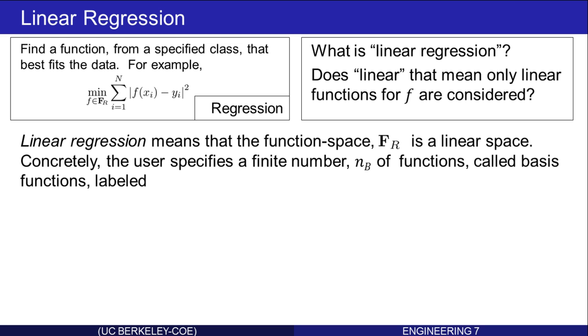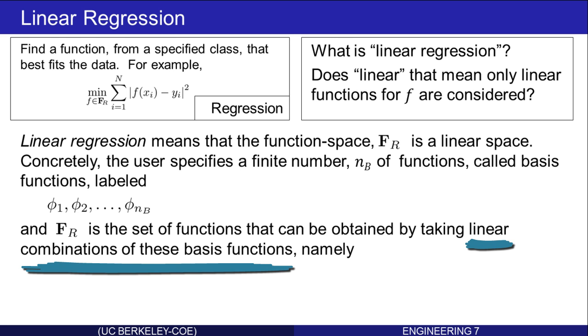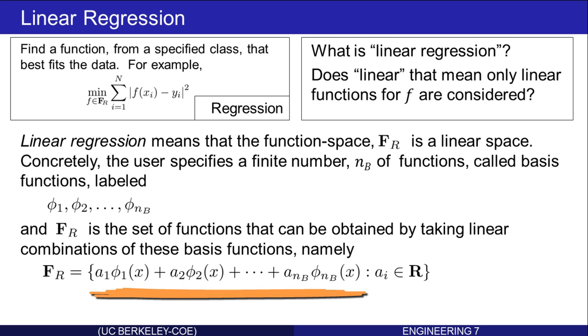Well, concretely, the user, the person doing the fitting, specifies a finite number, I'll call it n sub b, of functions which are called basis functions. And for the purpose of this lecture, we'll label them phi1, phi2, up to phi sub nb. And f sub r is defined in terms of these. f sub r is the set of all functions that can be obtained by taking linear combinations of these basis functions, namely expressions like this: a1 times phi1 plus a2 times phi2 plus an times phi nb, where all the ai's are